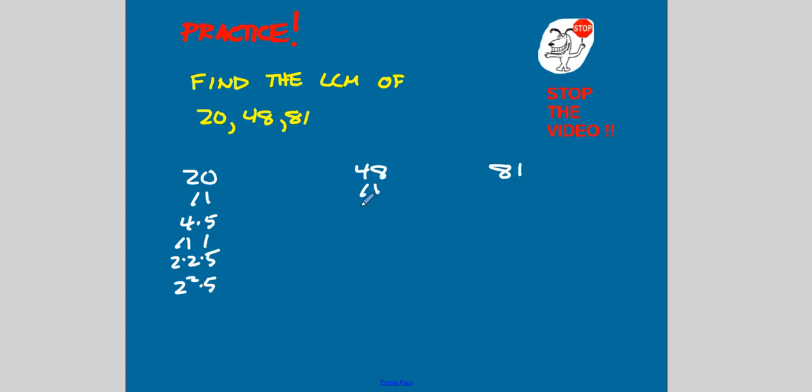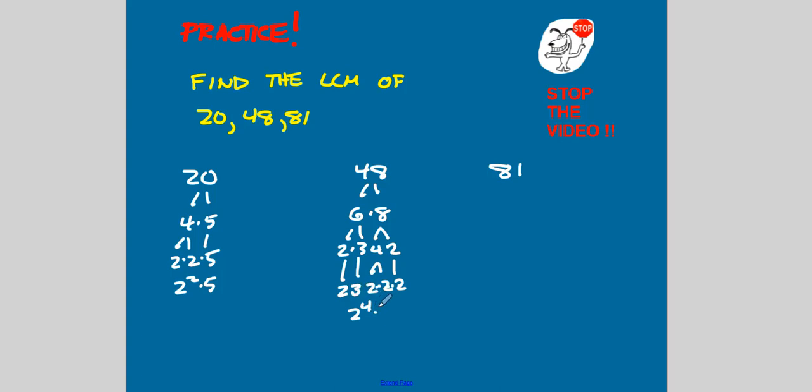48, again, there's different ways you could do that. I'm going to do 6 times 8. 6 is 2 times 3. 8 is 4 times 2, but I can keep going with 4 because that's also 2 times 2. So 8 breaks down into 2 times 2 times 2. Bring down this 3 and this 2 here. So now notice I have 1, 2, 3, 4 powers of 2, or 2 multiplied 4 times,